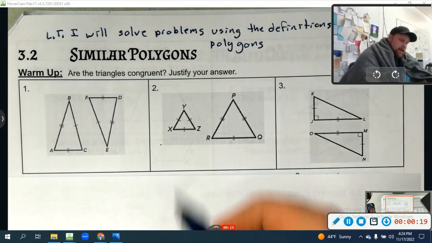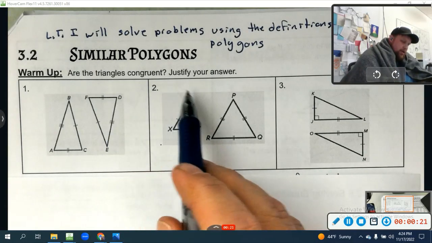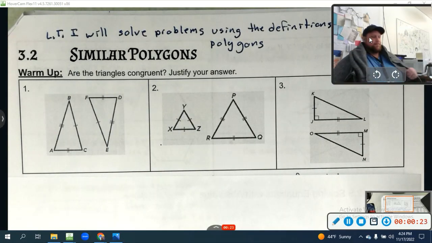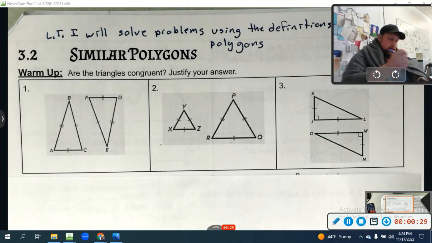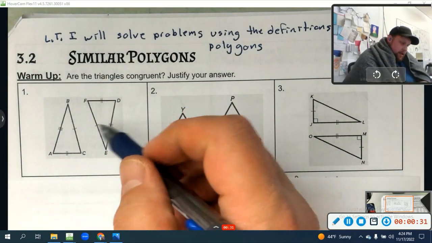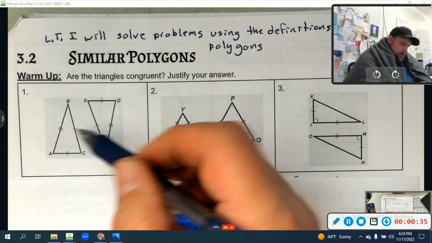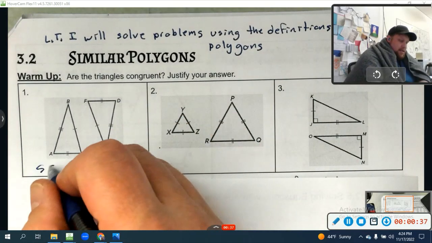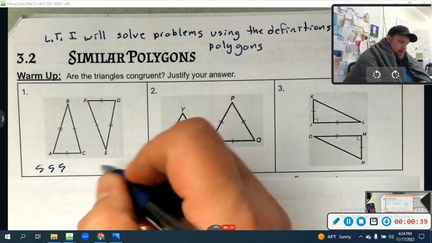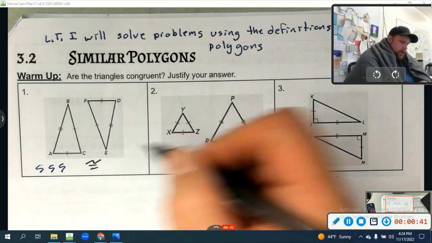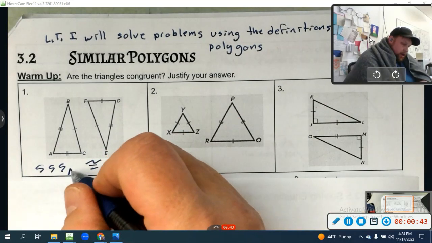All right, take a minute, write that down. Also, are the triangles congruent? Justify your answer. Ready, set, go. I'm assuming you paused it, so let's talk this through. See, these sides are congruent. These sides are congruent. These are congruent. This has side, side, side. Yes. Congruent. You would say triangle